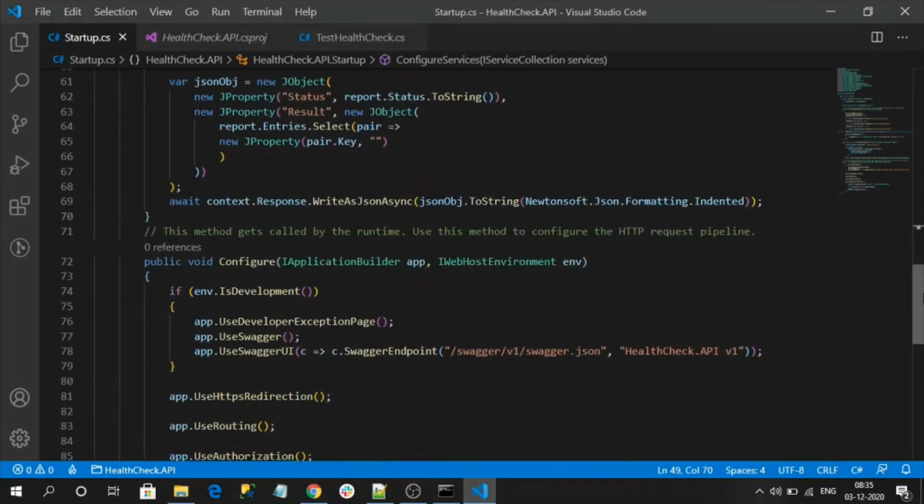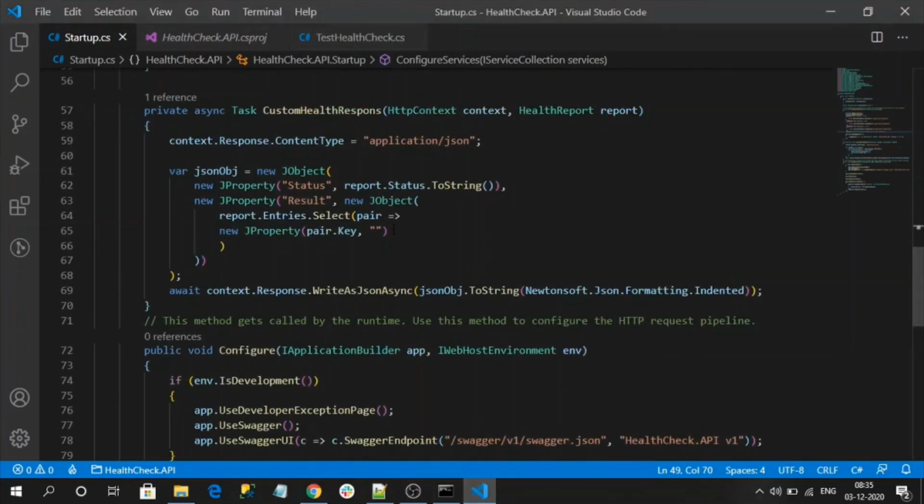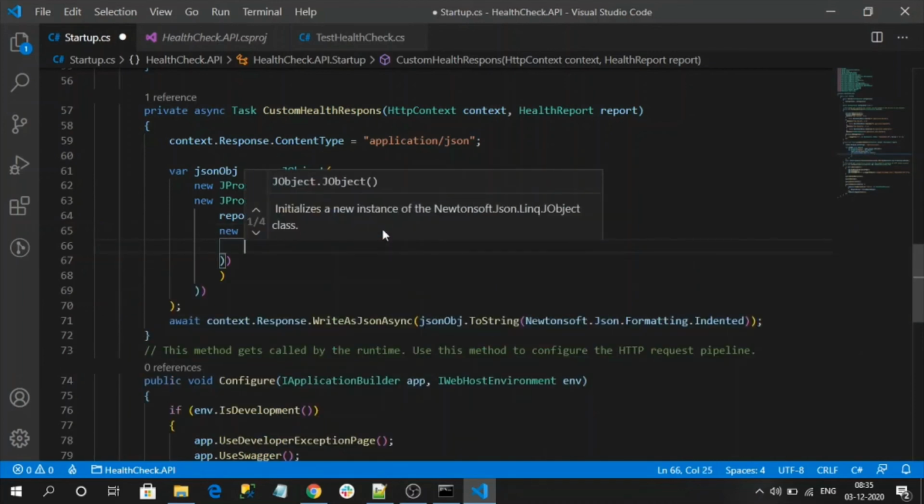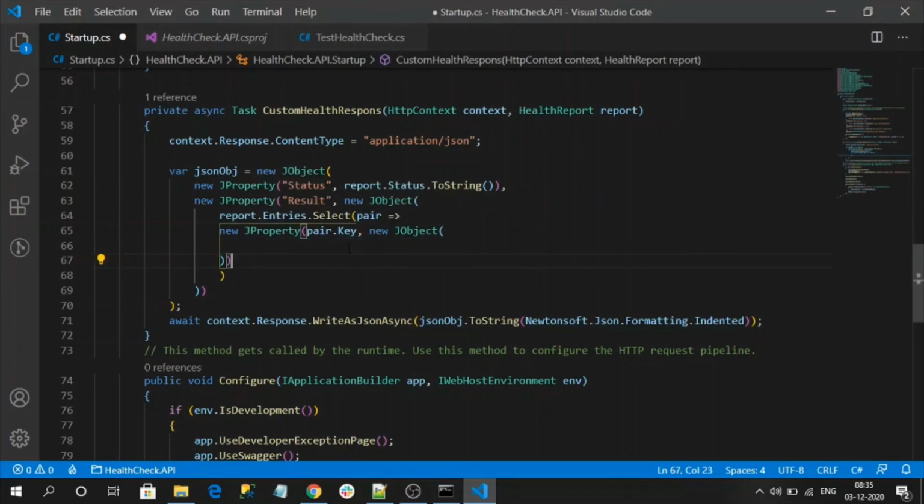For that, let's update our code some more. Here we need an object again, right? So I am creating a new JObject. The new JObject again contains individual properties of this object.